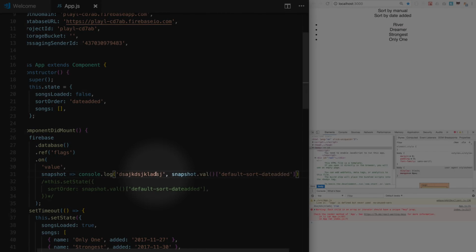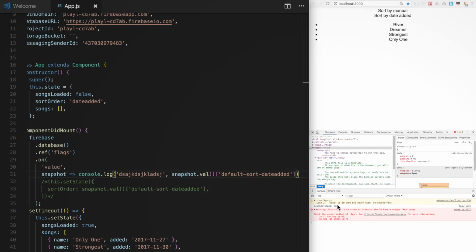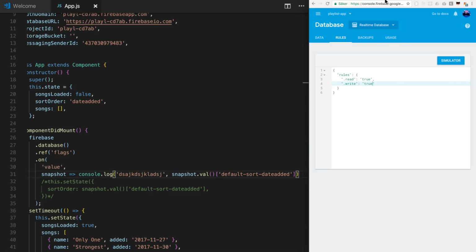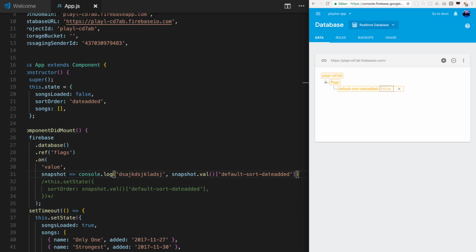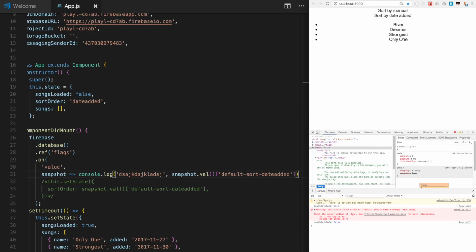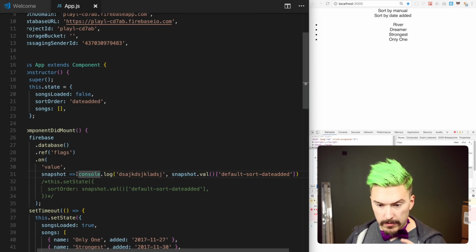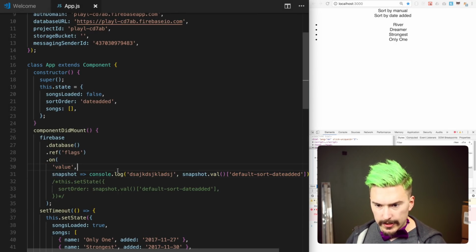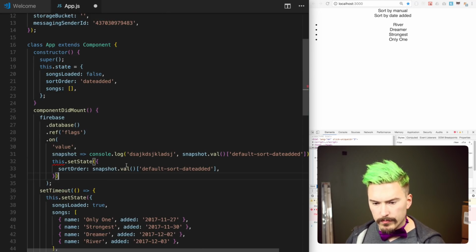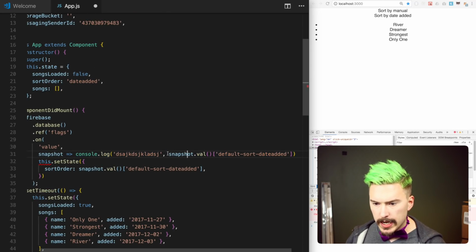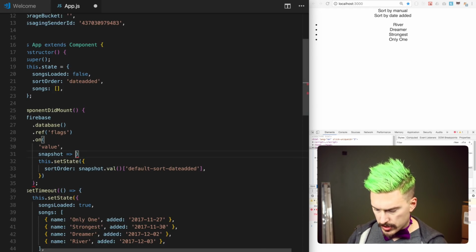All right, so you see here that yes is true. And I think if I change this inside of Firebase, hang on, I'll change this to false. And yeah, it updates to false. Now, given that we have this snapshot value here, we're going to set that